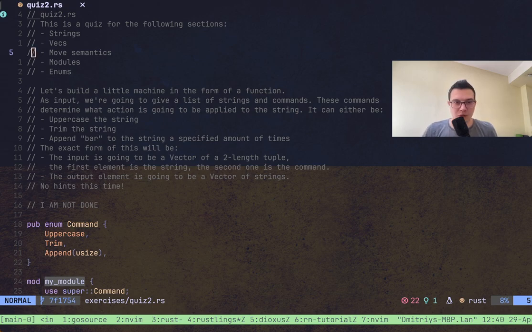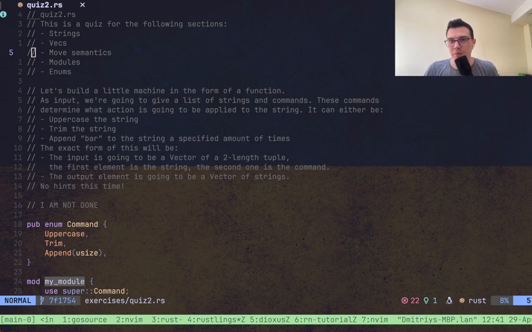Let me... I don't know if I need to tweak the layout a bit, but maybe I will put myself somewhere on the top. Should be fine. And yeah, so